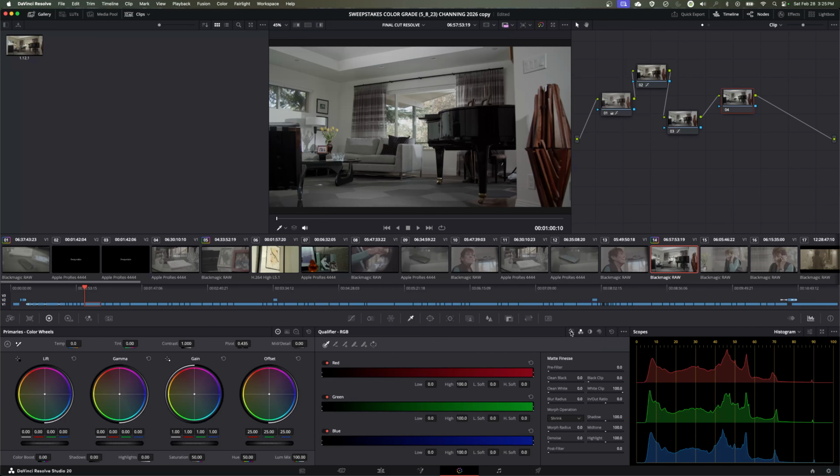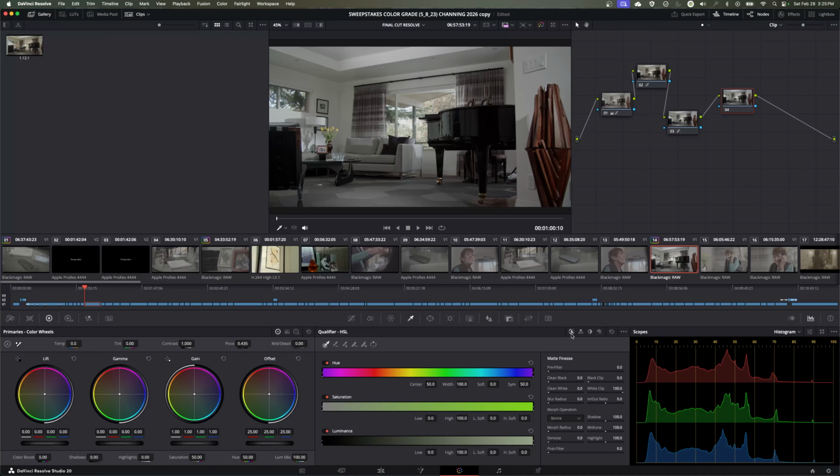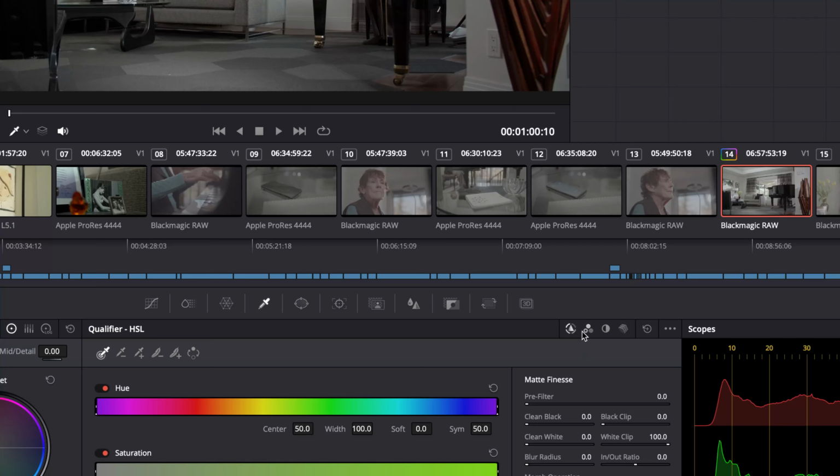if you hover over this, this is HSL, it says there. You have different modes of doing this. I'm just going to be going over the HSL feature in this because, in my opinion, it's the most used feature. But you have RGB, you have Luminance, and you have 3D. But right here, we are doing what's called an HSL selection of the image in a specific color vector within